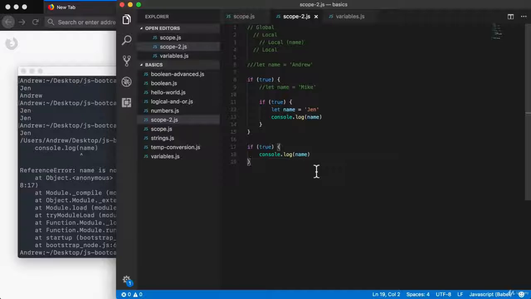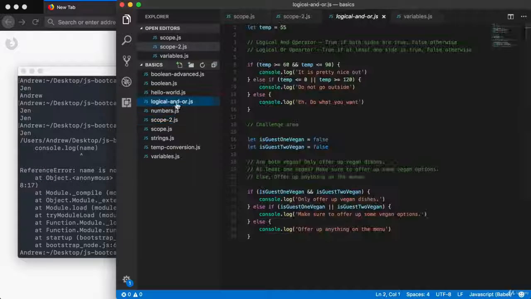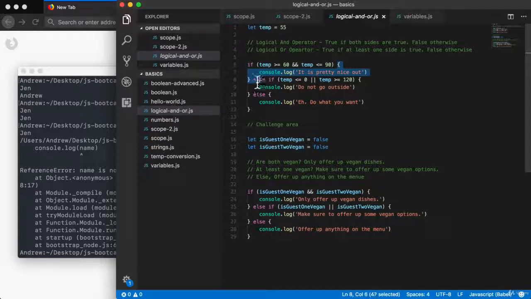Now, what did we learn in this section? Well, when we started, we knew nothing. We learned all about variables, strings, booleans, numbers. We learned about flow control, how to control the flow in our application using if statements, so we can run one block of code and not another block of code. You also learned about those comparison operators and our logical and or operators,